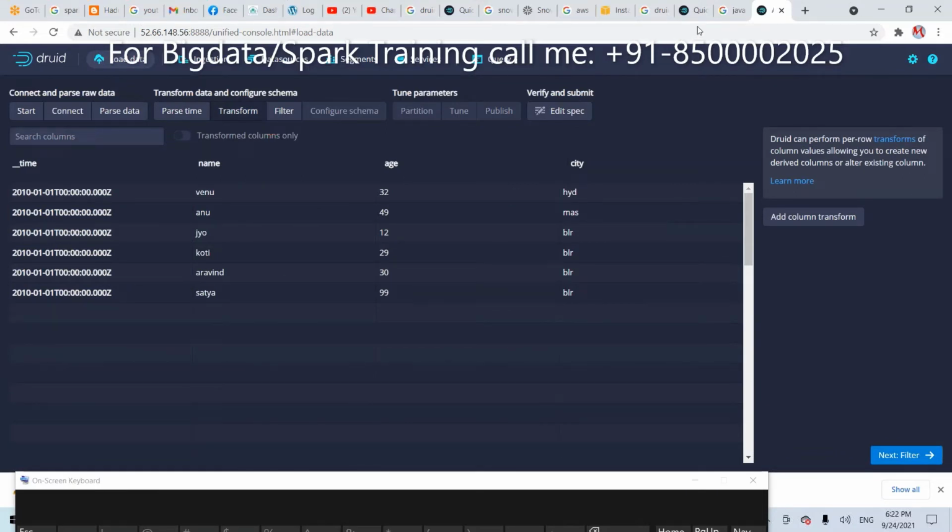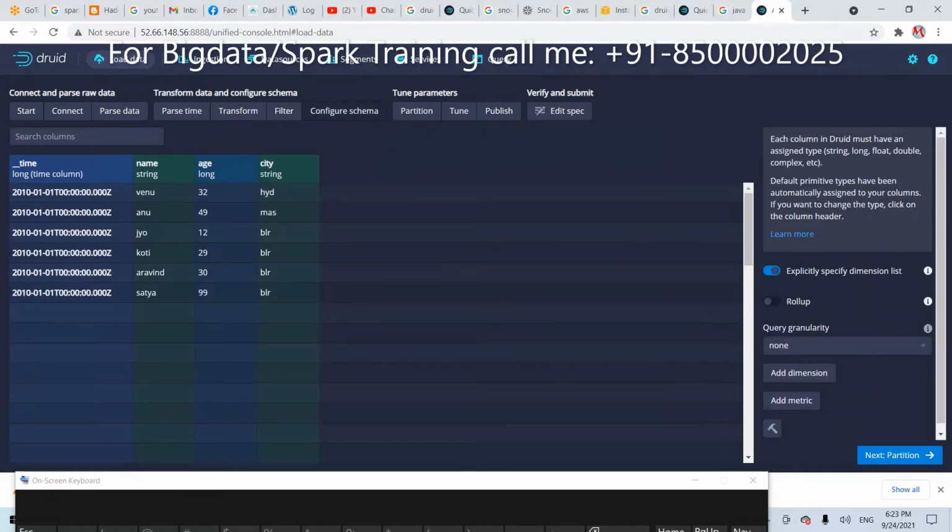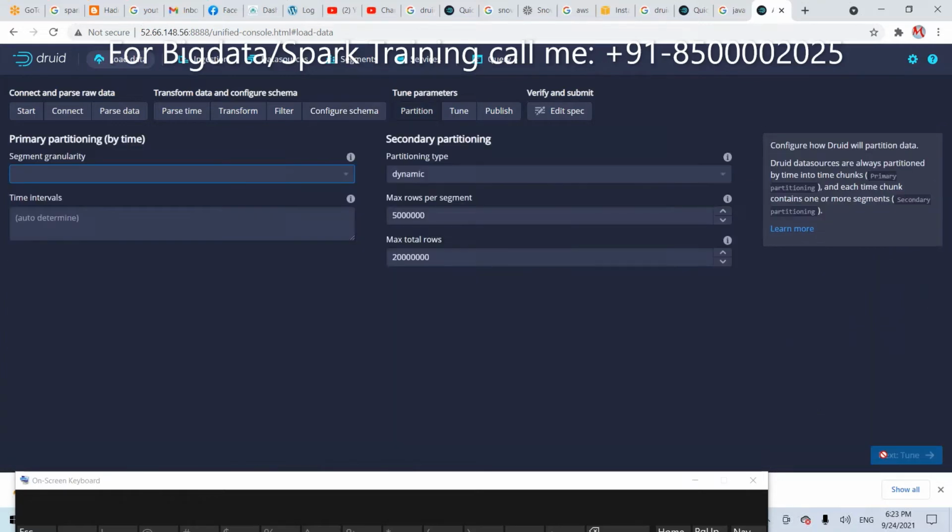Of course, if you want all this, the documentation is available in this documentation also. Just follow that. And filter: if you want to skip something like Hyderabad, you can. This is nothing but the schema, and it will automatically take care of it. You don't need to specify anything. Here, if you want to partition by day, hours, week, etc., anything is fine. Choose based on your requirement.